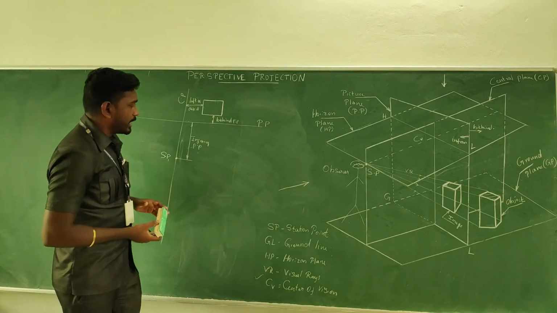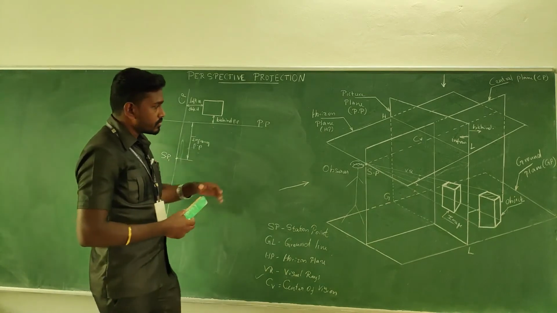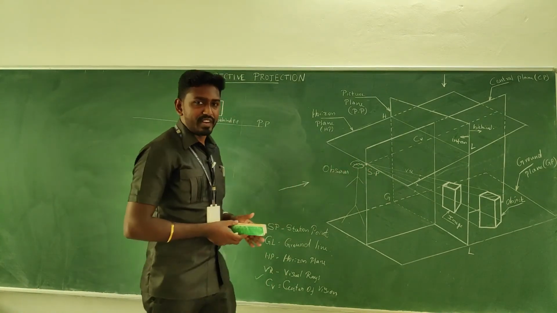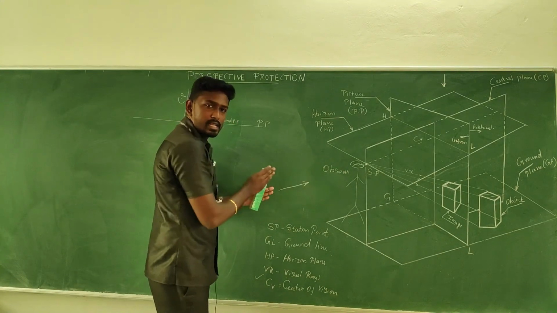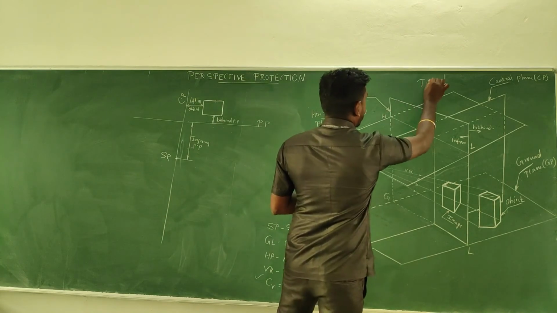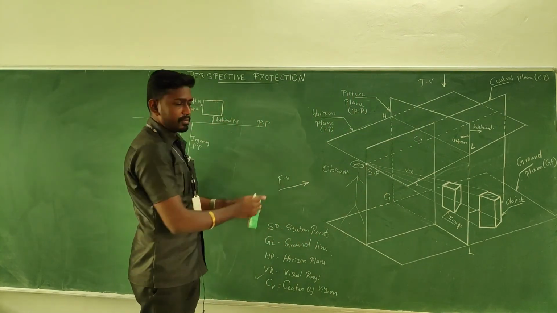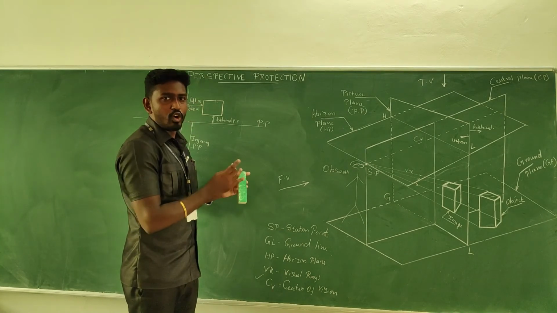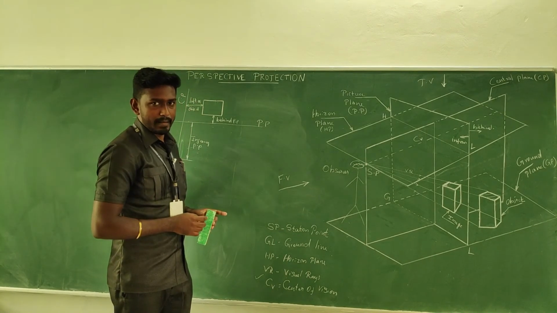How will you interpret the front view? Come to the position. Now to specify the front view, we need to look at the object in this position. This is the front view position. This is the top view position. So you need to look at the object something like this. When you are looking at the object like this, which planes are visible here?